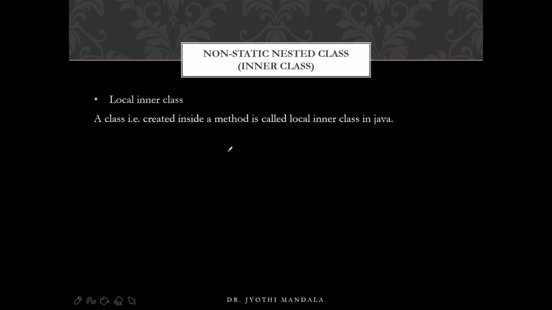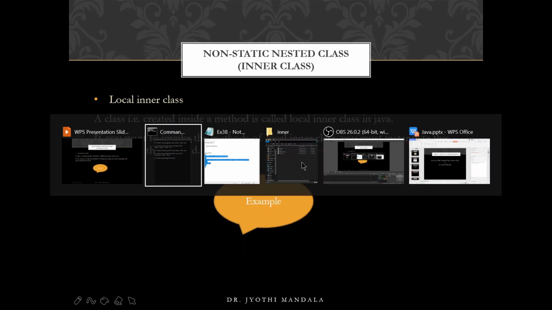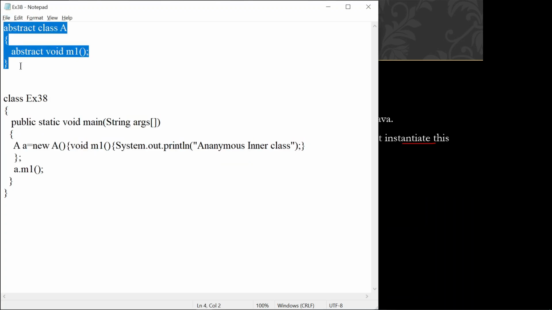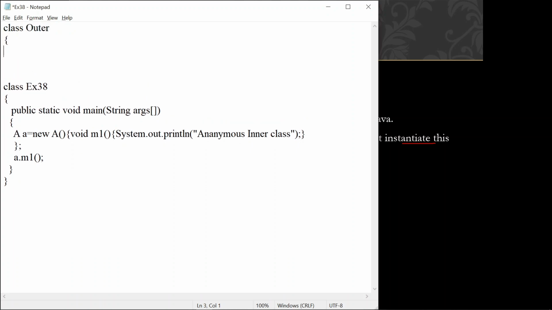If you have any class inside a method, then it is called a local inner class. Now, whenever you want to create any local inner class, you need to create an object in that outer class itself. How that can be done, I will show you with an example. So, let us create one class called outer. Follow carefully all of you, and inside this I am creating one method directly.